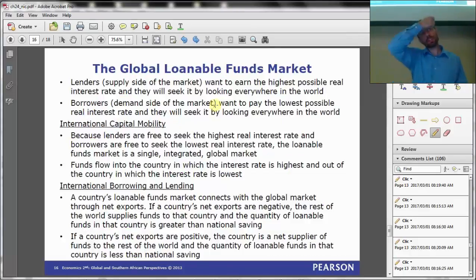So then there's a discussion as we continue in this chapter about what is the effect of the international market on the loanable funds market. And this is, apart from being a little bit difficult to discuss without knowing more about imports or exports or exchange rates, the real takeaway thing here is the fact that